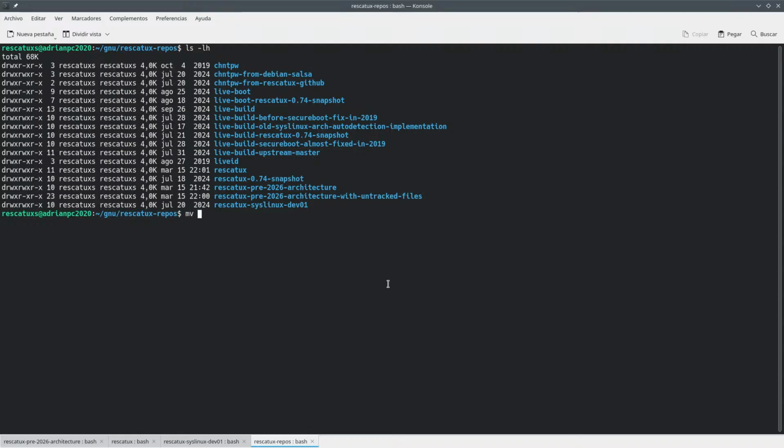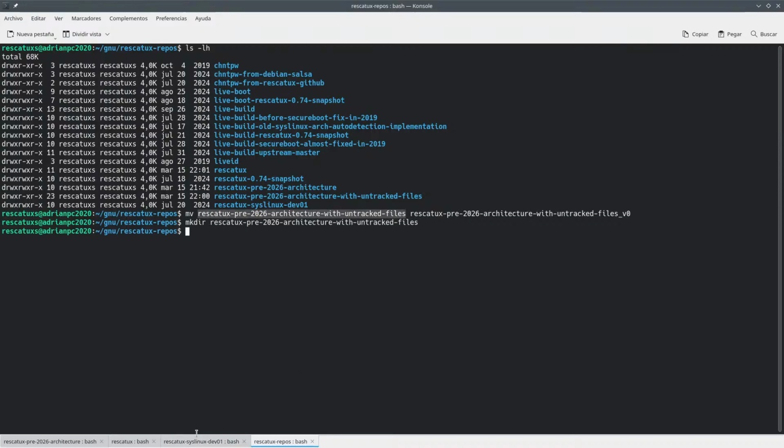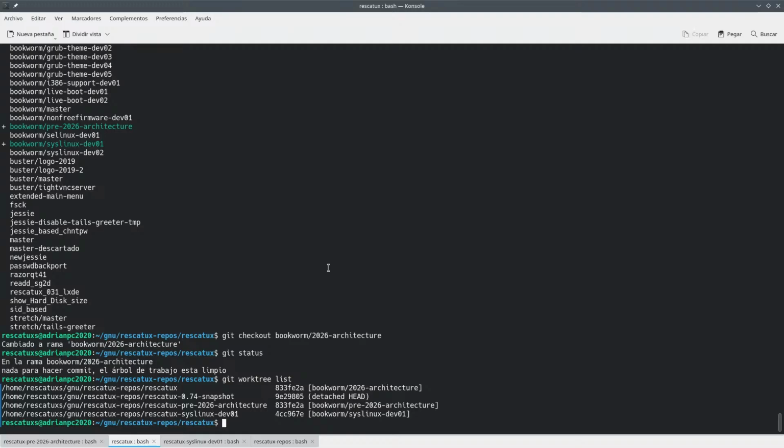So this is going to be something like untracked files B0. Okay, and I'm going to create a new one, which is going to be untracked files, and this is going to have another,